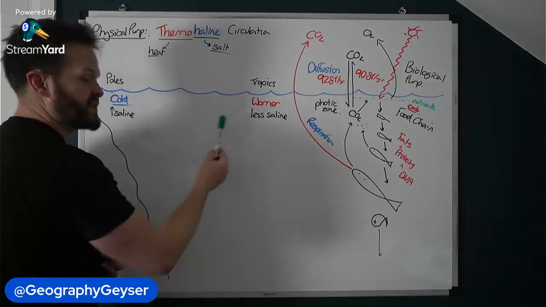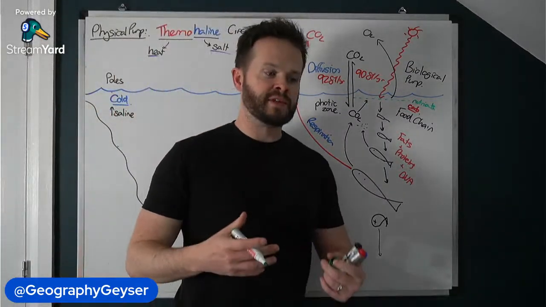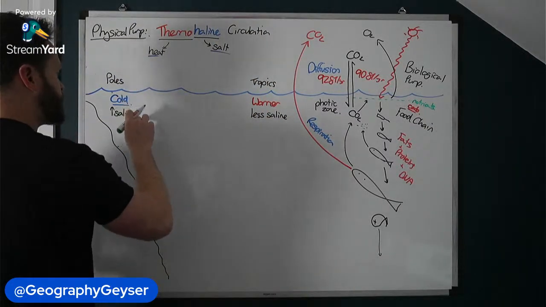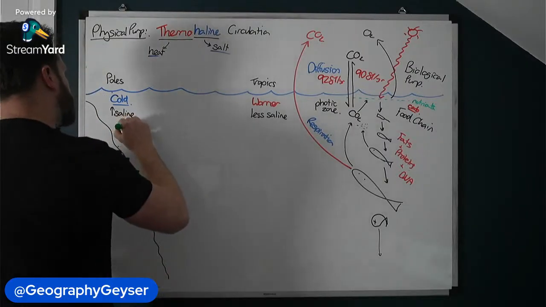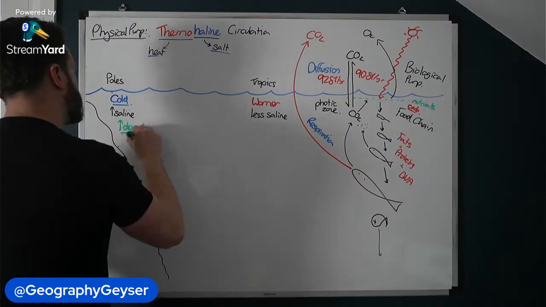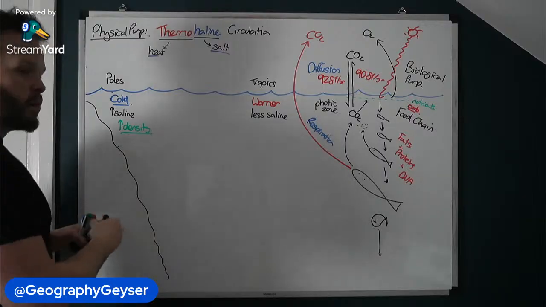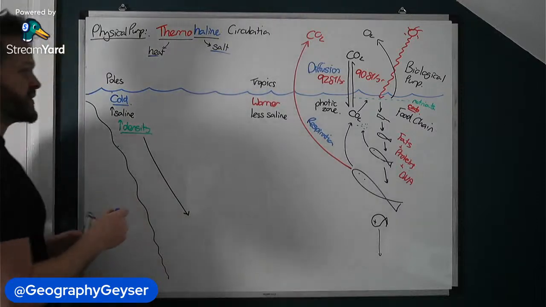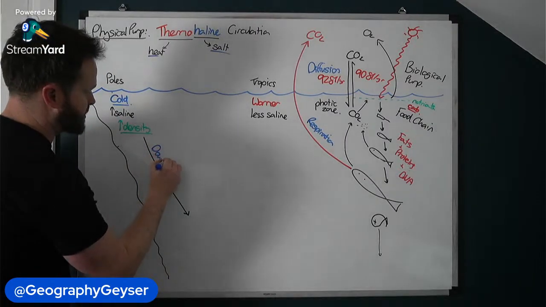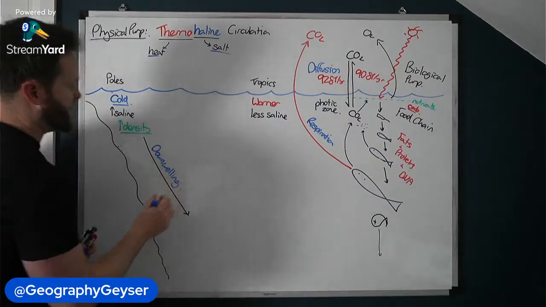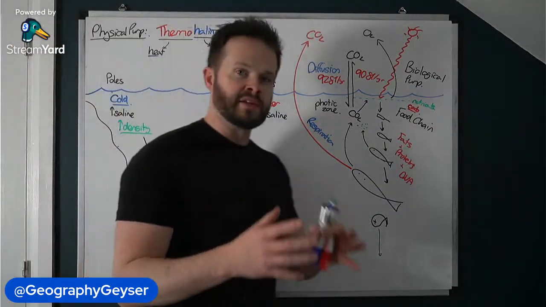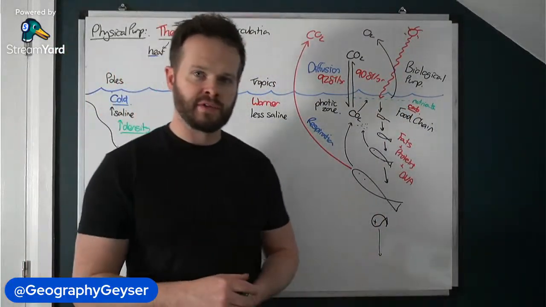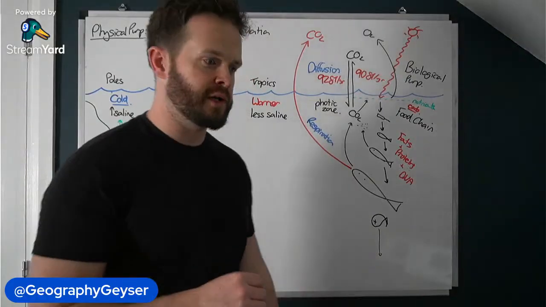Now, both of these factors here will lead to differences in the density of the water. When something is colder and saltier, it increases the density. And what that leads to is this process here known as downwelling. Okay, that's essential. If we didn't have these temperature differences, we wouldn't have a thermohaline circulation. It would be very unlikely that we had a thermohaline circulation.